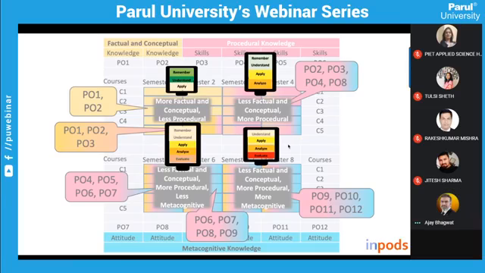So naturally, the association of such a course will be with maybe PO2, maybe PO3 or 4, and also let's say PO8 or PO9, depending upon the mapping here. However, one thing is very certain here, that any course in these zones cannot have an association with all the POs.